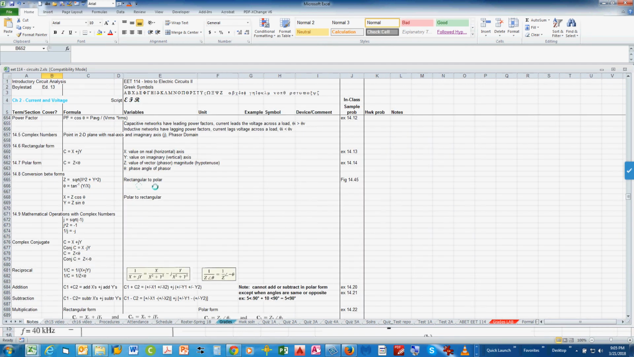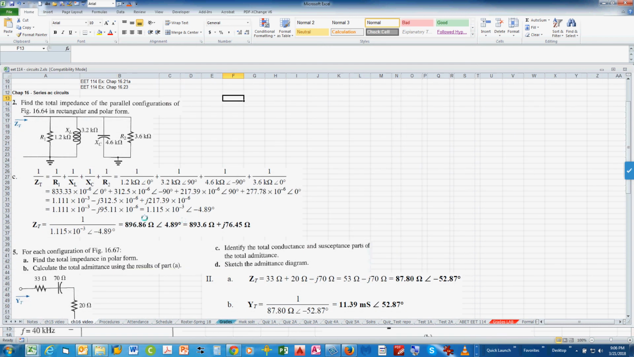You want to go from rectangular to polar by using, you're given the x and the y, and you figure out the z and the theta. So you get this answer here. Now, that's the 1 over ZT. You have to take 1 over this number to get ZT. So they wrote that down here, and then this negative angle becomes a positive angle,